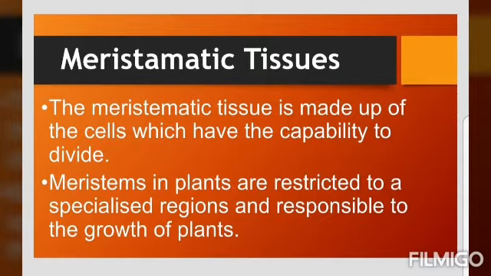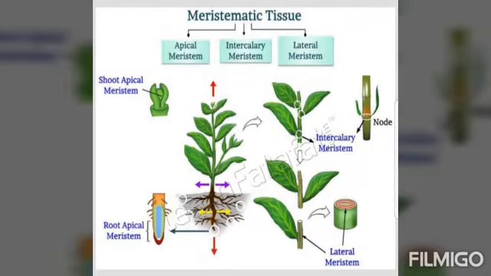The first is meristematic tissue. Growth in plants is largely restricted to specialized regions of active cell division called meristems. Plants have different kinds of meristems. The meristems which occur at the tip of roots and shoots and produce primary tissue are called apical meristems. Root apical meristem occupies the tip of a root, while the shoot apical meristem occupies the distal-most region of